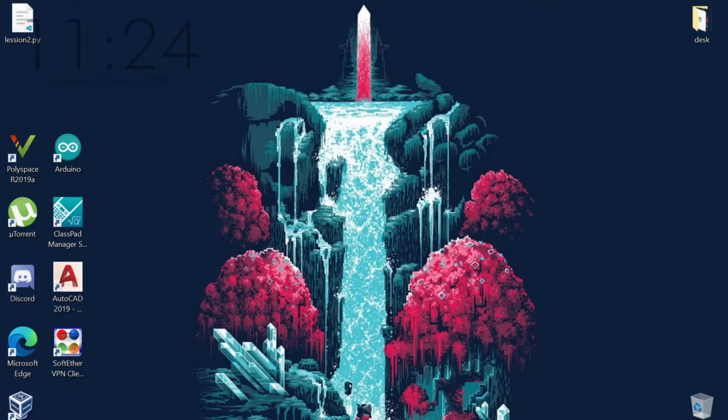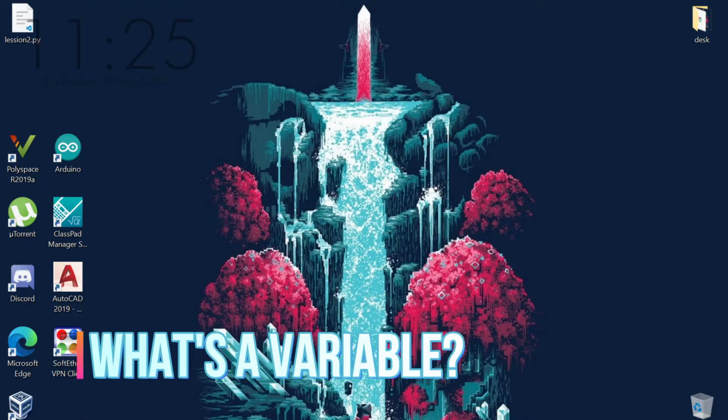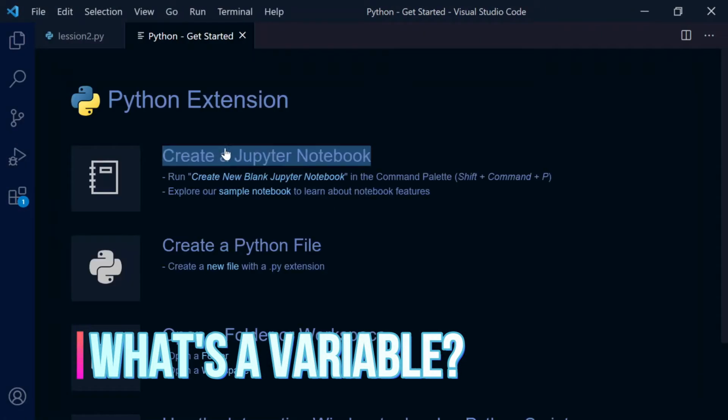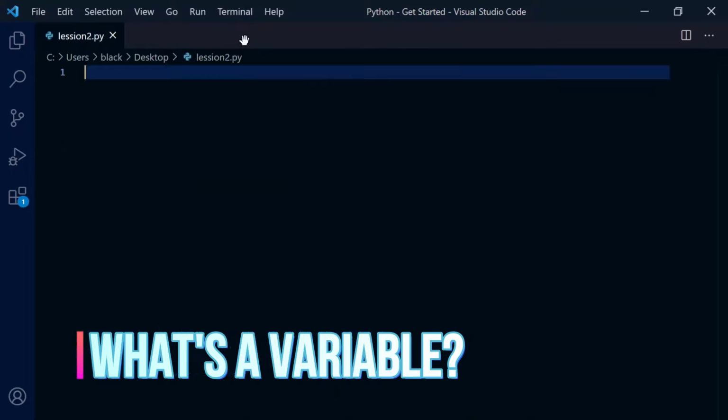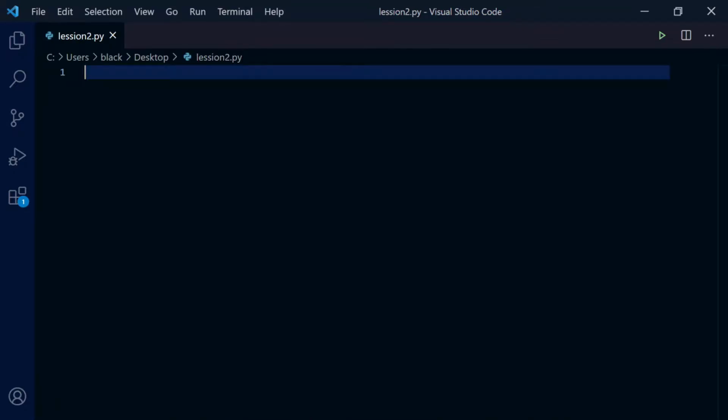First, let's see what a variable is. A variable is a name for some kind of data, which means variables are used to store data.